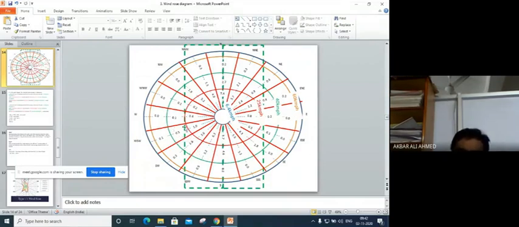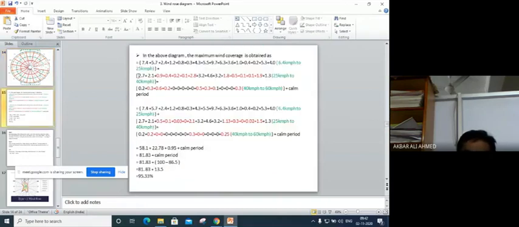Similarly, 0.5 is not lying entirely, maybe 20% is lying. And 0.1, a very little portion, maybe 3% is lying. Then here again 0.1, maybe 15% is lying. Again 1.9, maybe 90% is lying. But 1.3 is lying completely. Then 2.7. So in this way, this circle is complete.